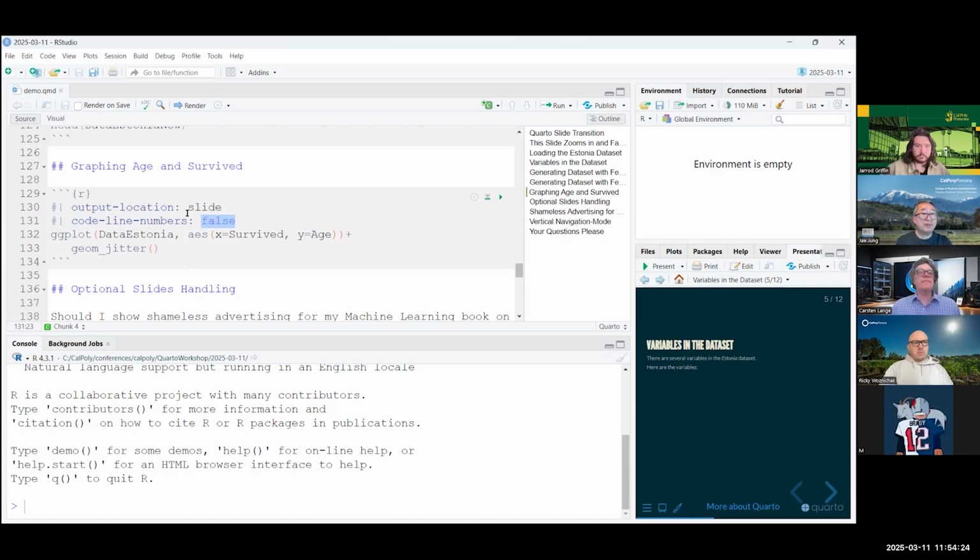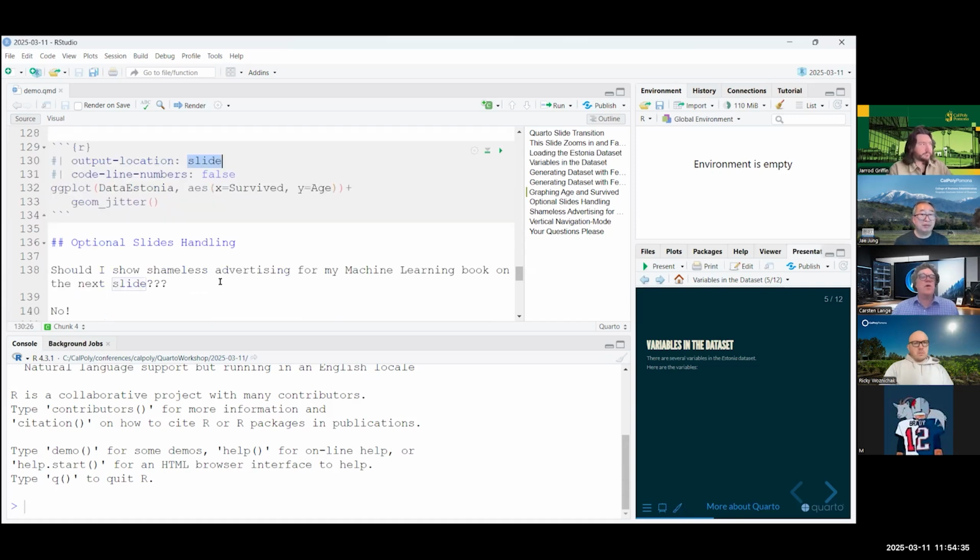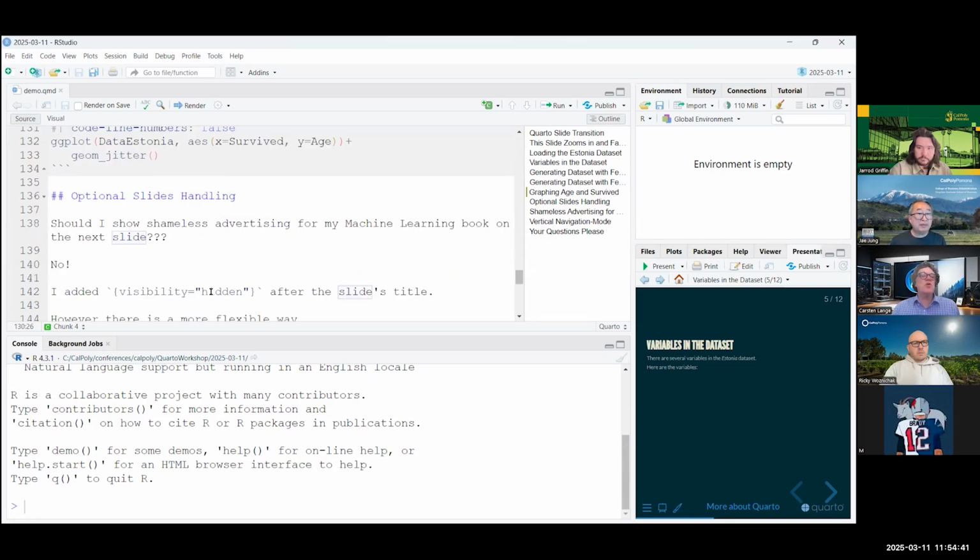And I wanted the output location on the next slide. So I just say slide, and this way it moved automatically to the next slide. So very, very easy to do with big consequences. So the last thing I want to show you is how can I create optional slides and decide during